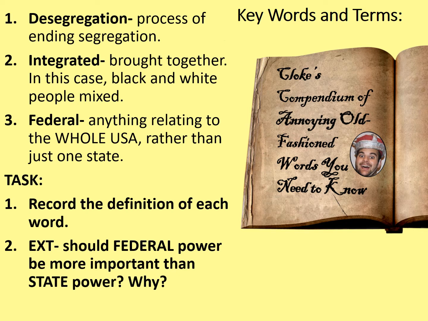A sort of hangover of that is the idea that some of the states, particularly in the South, felt that they should still have the power to segregate their communities. They felt that this was an issue that should be left up to the states, and that they should only desegregate if the states wanted to. The federal government disagreed, and felt that these were fundamental American rights that should be applied across the entire country. So, this competition between state power and federal power was usually one that came to a head. And I'll give you a bit of a clue: federal power generally wins.